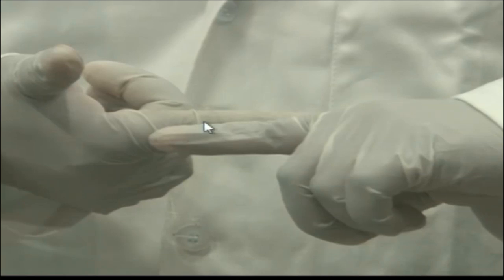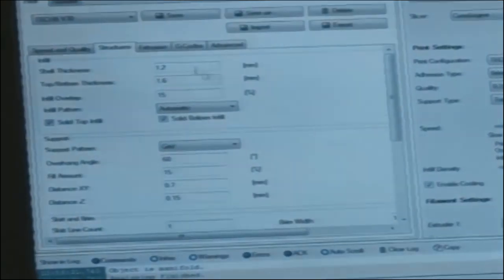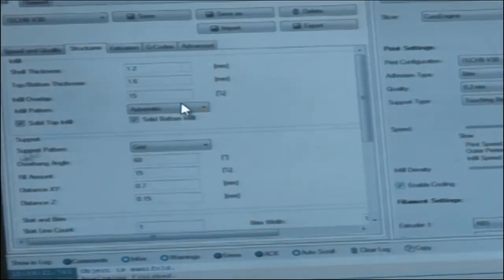So this is a kind of overlap. The second layer wouldn't be exactly on top of the first layer, there will be a little overlap. Here, using the fingers, we try to demonstrate 50% overlap, but an exact 15% overlap would be there if we put this input in the machine. So this bead is deposited in this way. Sticking to the layer would not be proper if this overlap is not there. Then there is an overhang angle as well here.